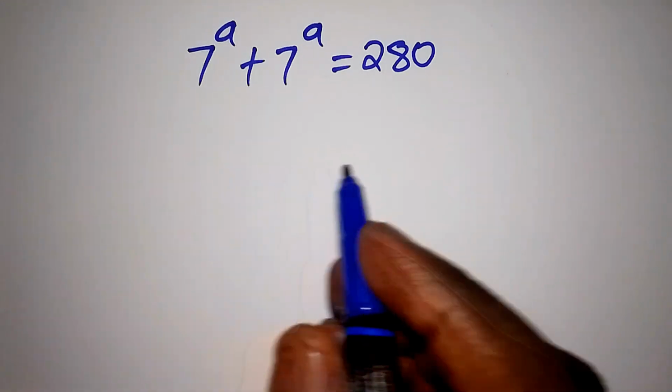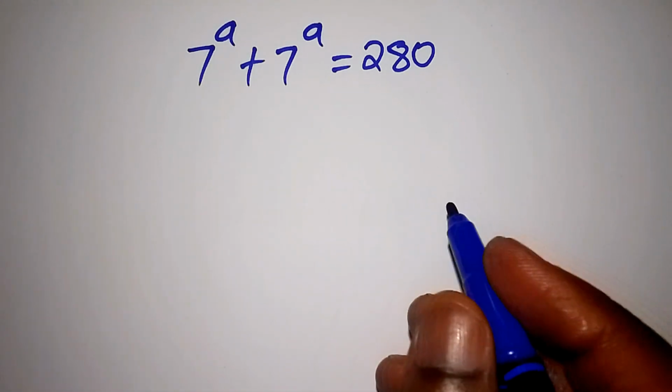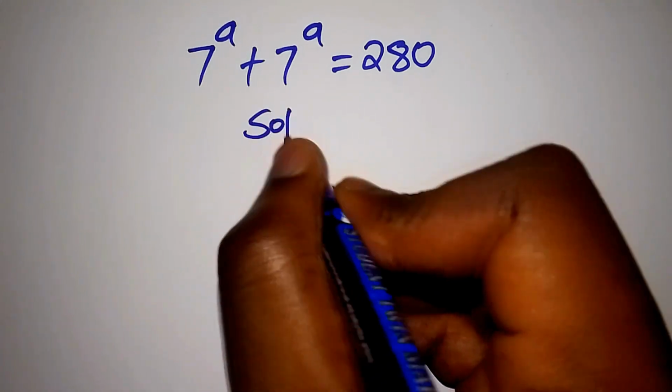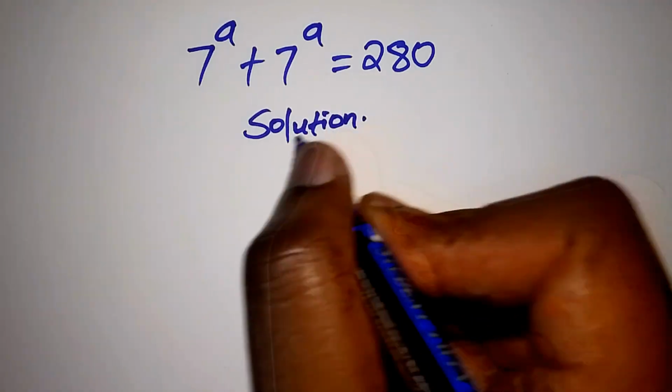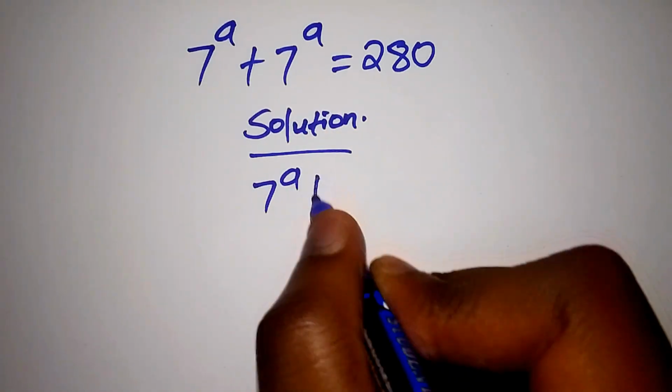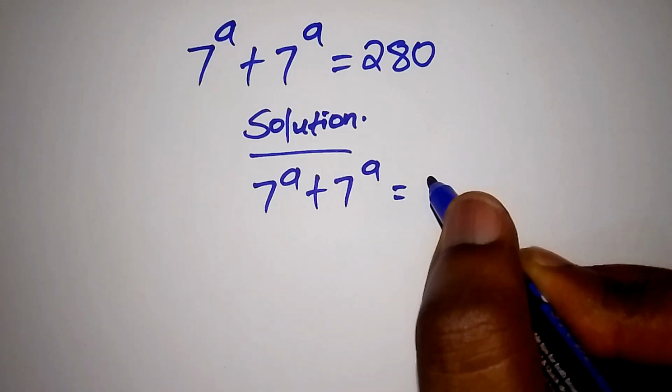So, wondering how to solve this maths problem? Let's take the shortest time possible and work it out as a solution. This one is what we are having: 7 to the power of a plus 7 to the power of a is equal to